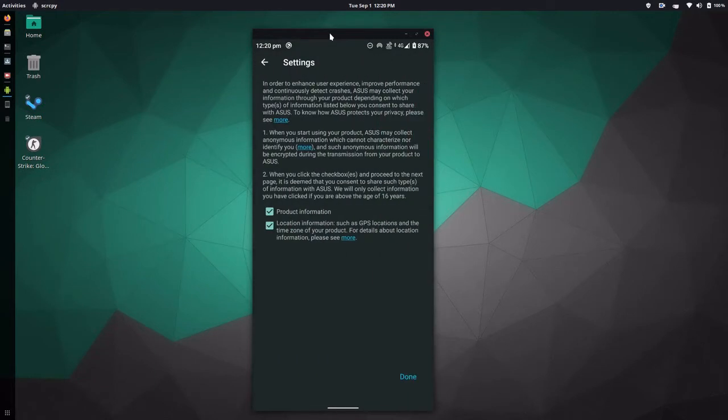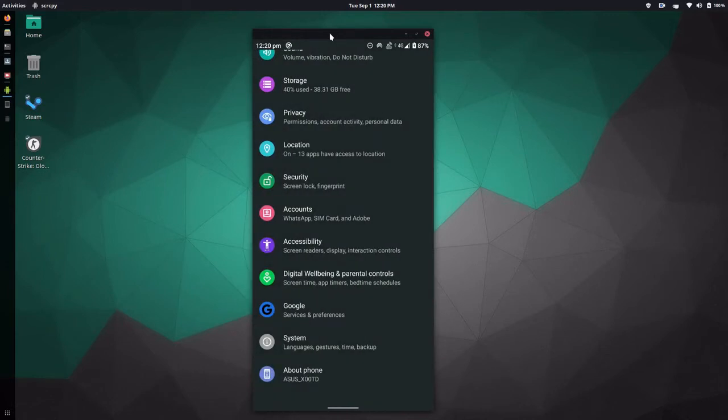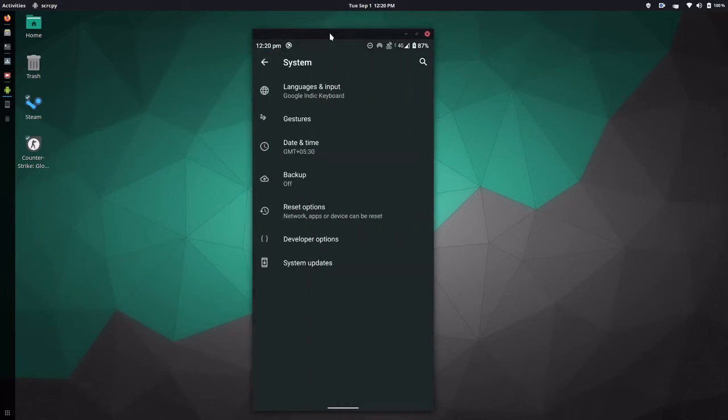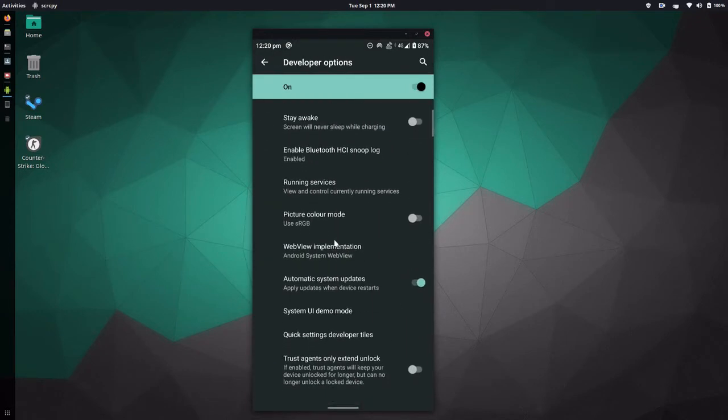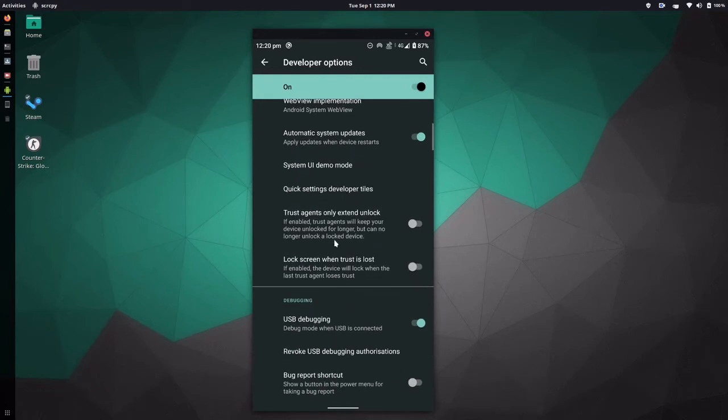You have to go to system settings, and inside system you can see the option Developer options. Go to that, and after that you have to enable USB debugging, because whenever we purchase our device, it is set up so that we are not allowed to make some changes. So after you enable USB debugging, you will be able to deploy your apps directly to the phone.